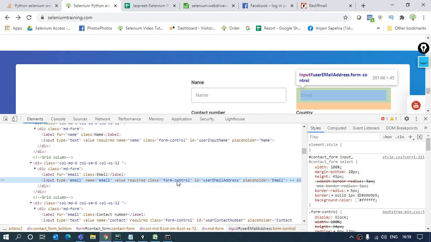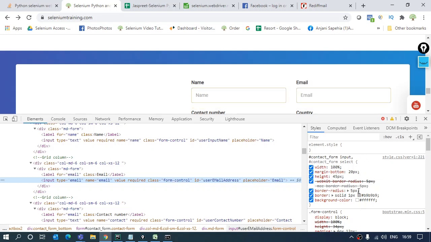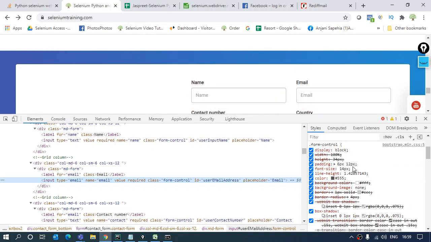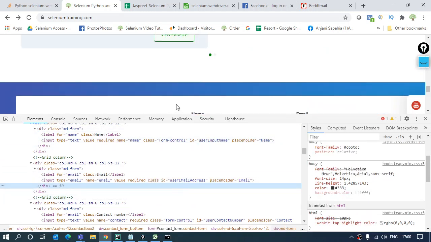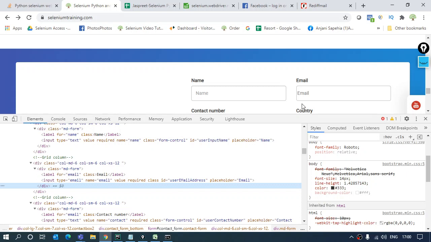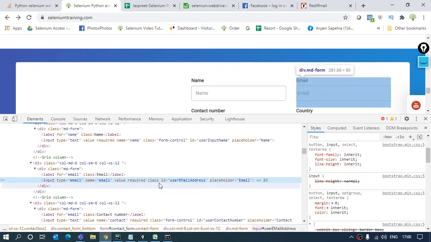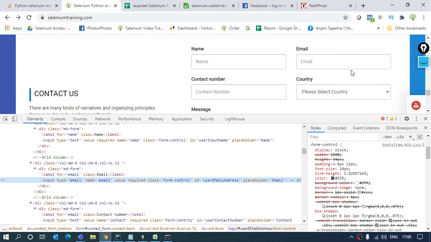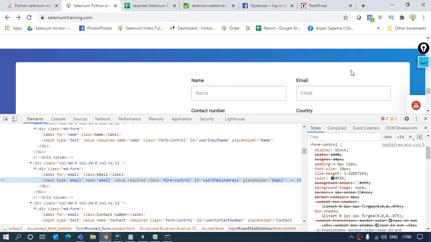When you click on any element and there is a class given, that will be highlighted over here, like this is the form control class that I have over here. It has a display, it has a padding, it has font size. If I remove this class from here, the specifications will just go. You can see how bland the text box is looking now, right? So this is why the classes are given. Now I have to just undo the changes that I have made. Now again the look and feel of that text box has come back.